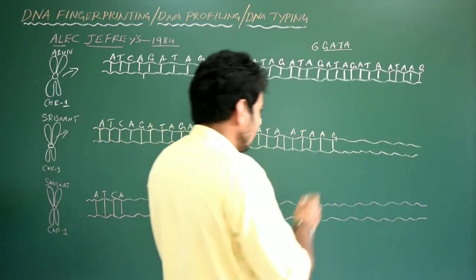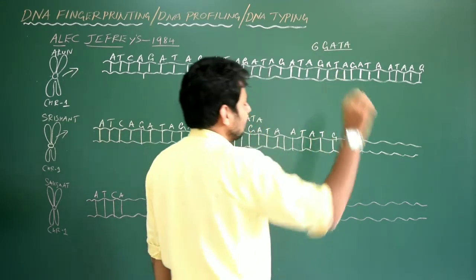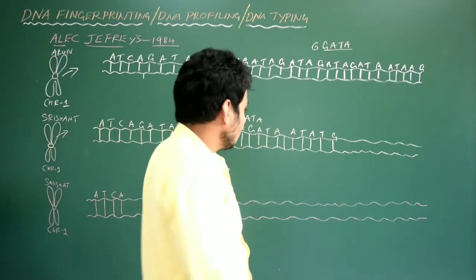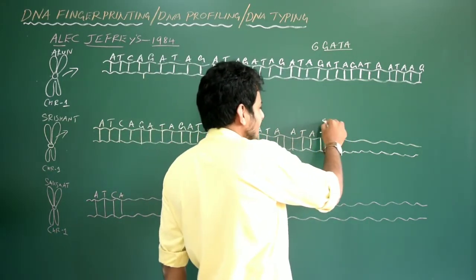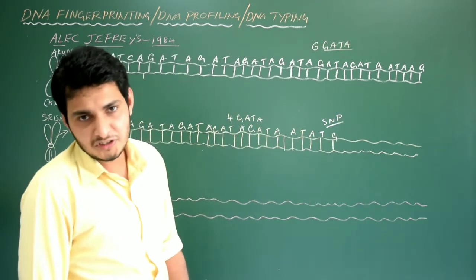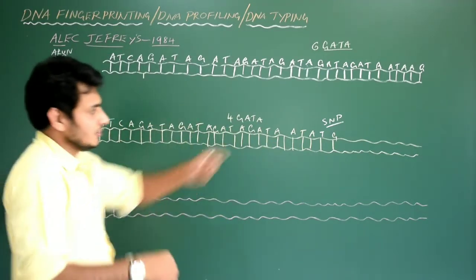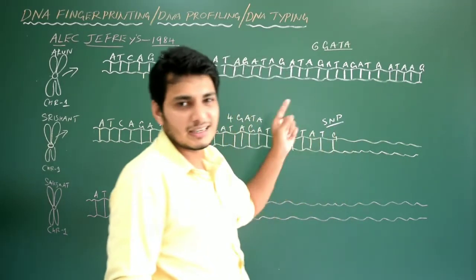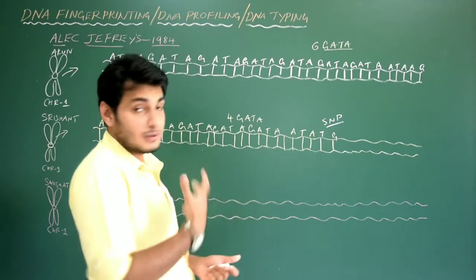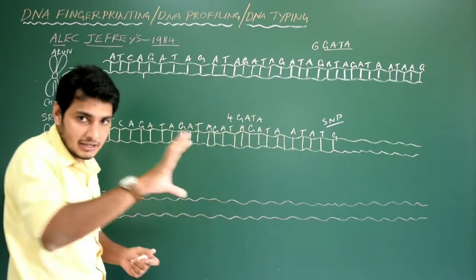Let me show, for example, in this case, if instead of writing A I write T, then what is this? This is called SNP, single nucleotide polymorphism. One nucleotide is now replaced in the case of Srishant. That is single nucleotide polymorphism. It is a very good biological marker, so it is very easy for scientists to identify who is Sakshat and who is Srishant. That is not DNA fingerprinting.